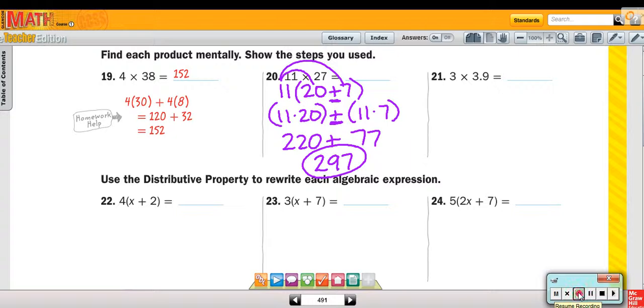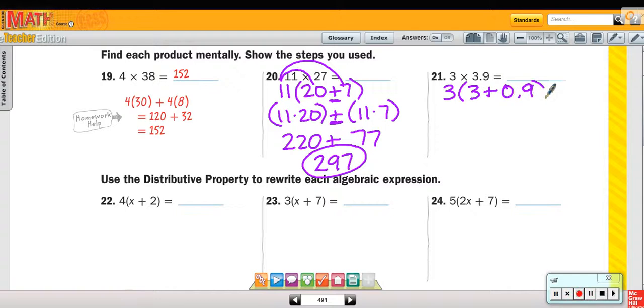Okay, let's take a look at now how to solve that 21. Are we going to break apart the 3 or the 3.9? 3.9. So we're going to take 3 times 3 plus 0.9. That 3 plus 0.9 is the same as 3.9. We're not changing the value, just its form. Now we need to distribute this 3. So 3 times 3 plus 3 times